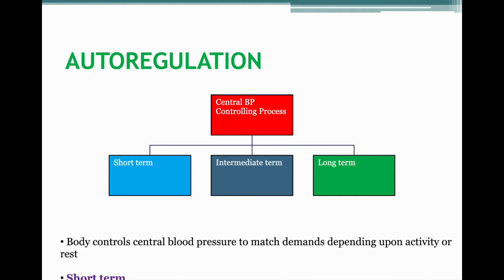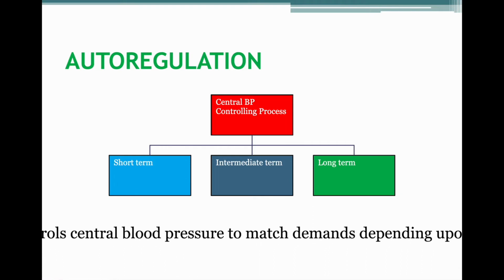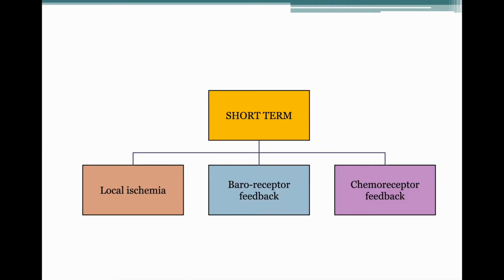So the body controls central blood pressure to match demands depending upon the activity or the rest. Suppose the organ is at rest, low blood flow is required, and suppose the activity of the organ is higher, more blood flow is required. So there are many short-term, intermediate-term, and long-term autoregulatory processes. What concerns the intensivist most is your short-term measures. So coming to the short-term measures for the autoregulation of blood flow to the organs, it is